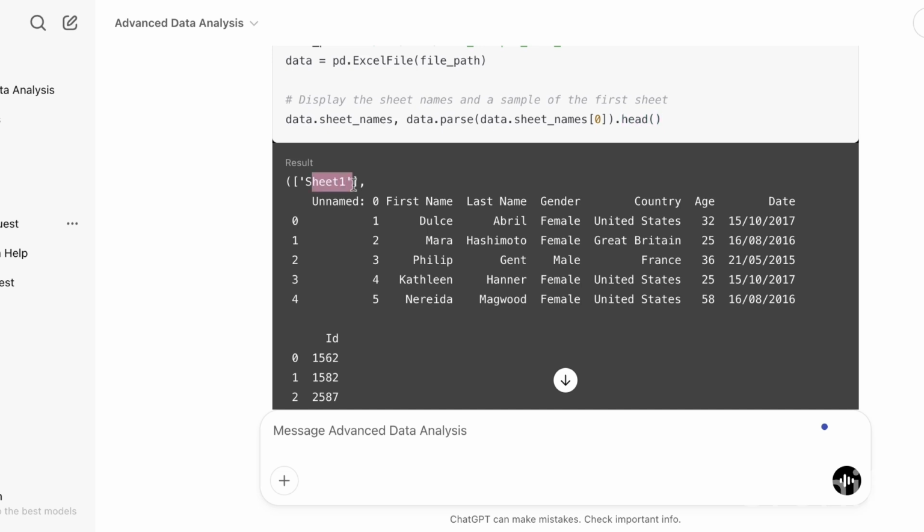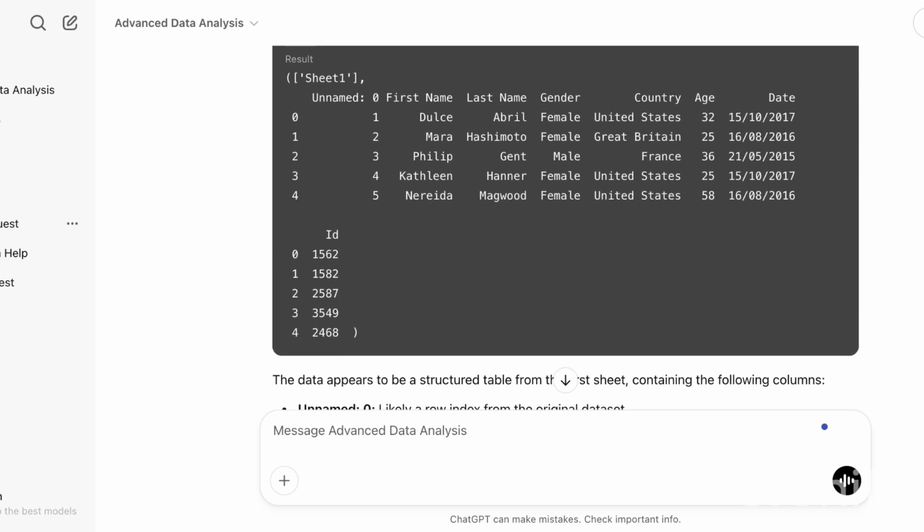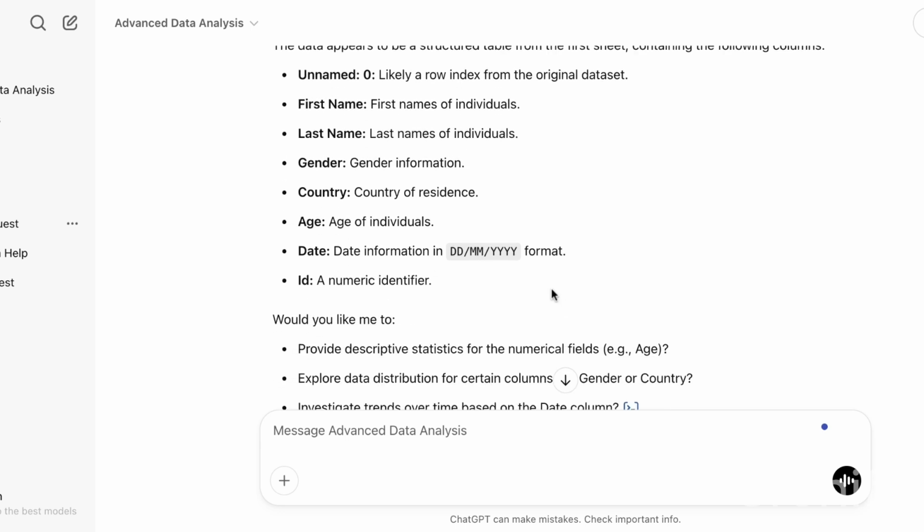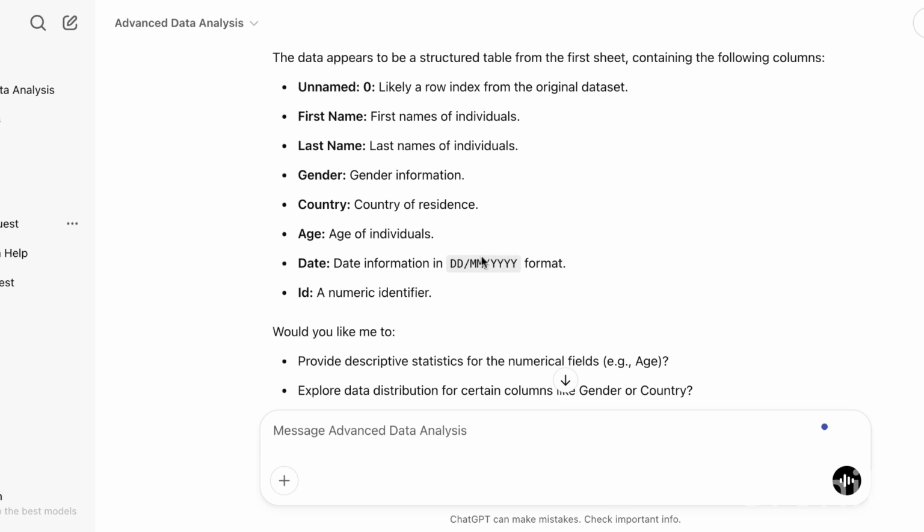So Sheet 1 is the sheet in Excel, and there are a bunch of columns like unnamed, then first name, last name, gender, country, age, date, and ID. So this information it has shown me. Then it says the data appears to be a structured table format from the first sheet containing the following columns. It also tells you what kind of data it is, right? For example, date information is in